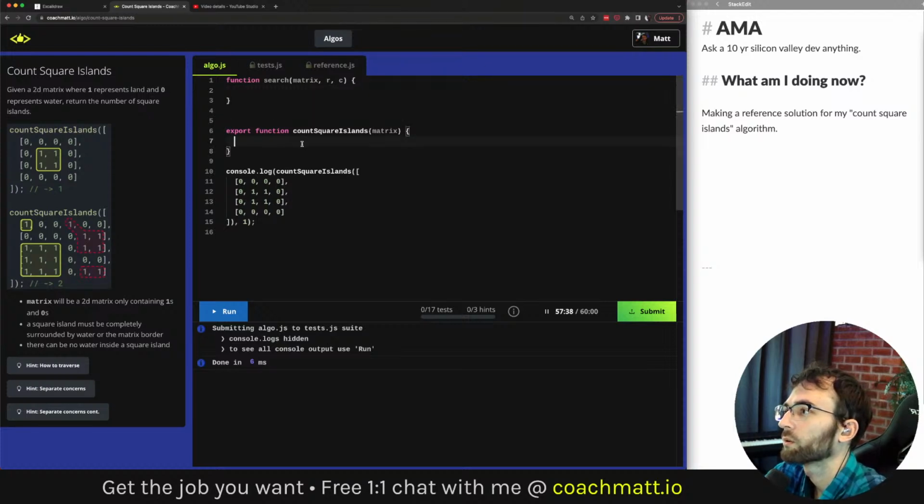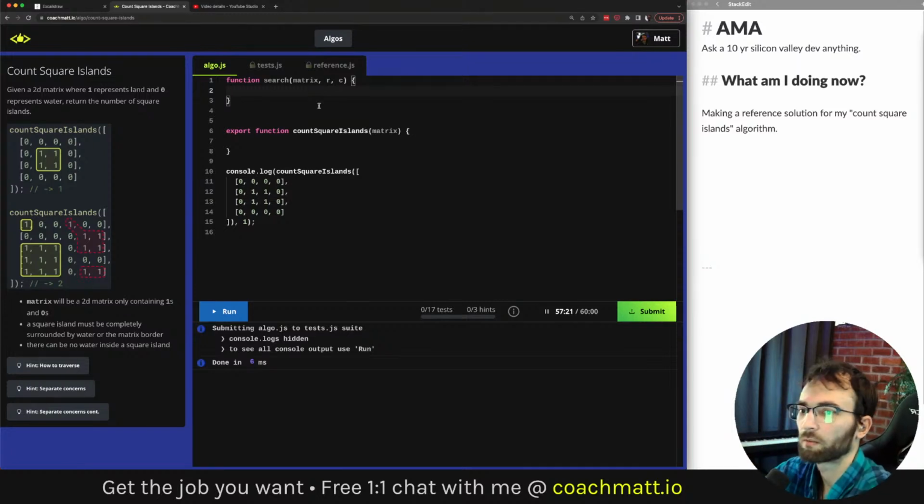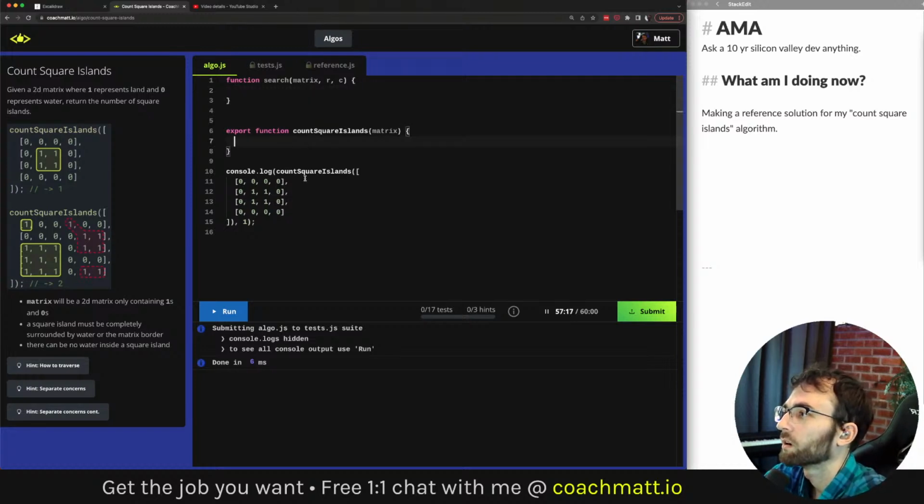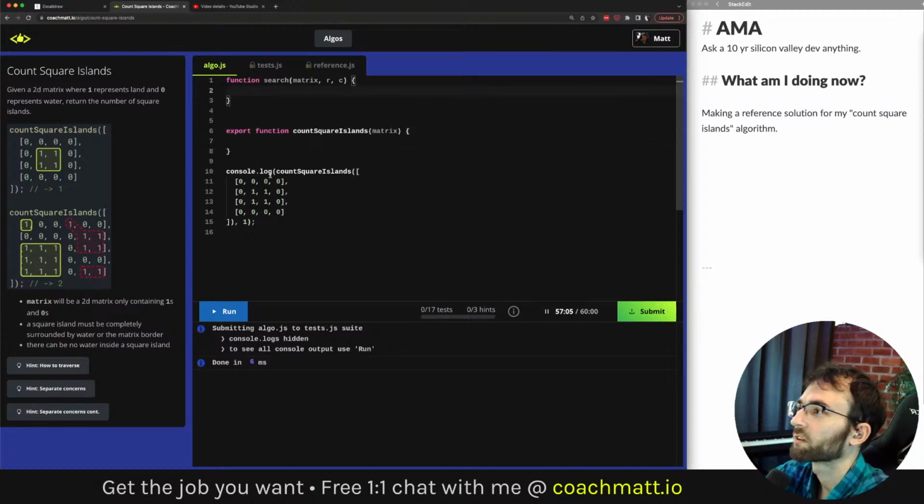Okay, so what we want to do here is a depth first search in all directions. And we want to make sure we don't revisit the same piece of land multiple times. So we have this test case hard coded right here. What we can do is, yeah, let's start with search. Okay.